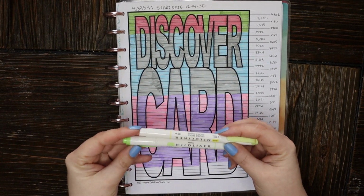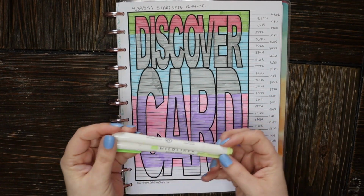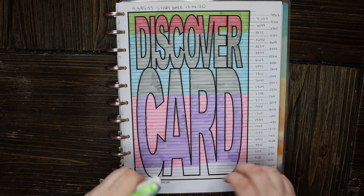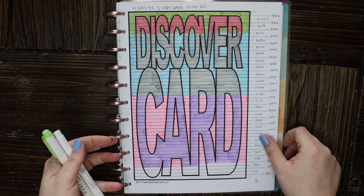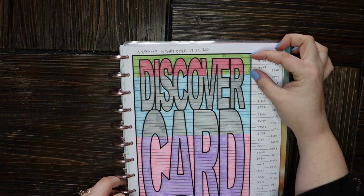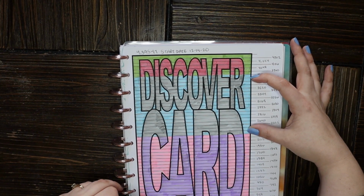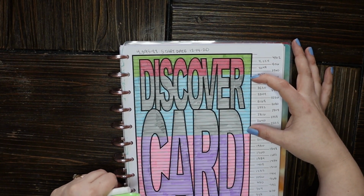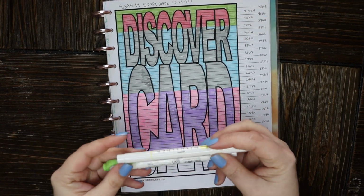I pulled a couple of mild liners here in some sort of March colors. You guys know I like to color code my charts just so I can get a visual for how long it took me to pay off. So I did the red and green in December. That kind of showed what we paid off in December. The blue and gray was for January, pink and purple for February, and now for March we're going to go with...